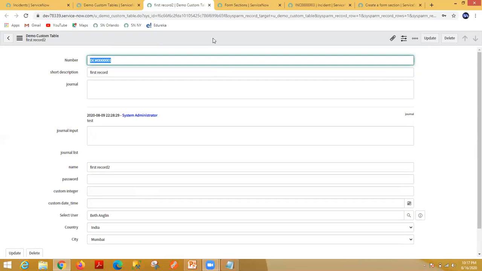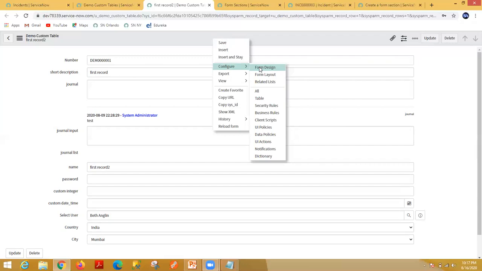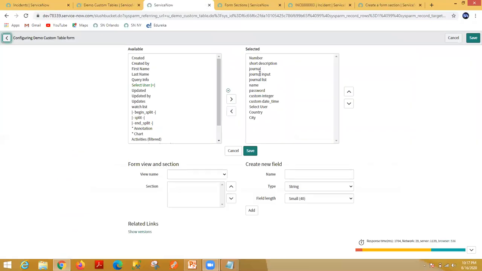What you have to do is right click on the form header and choose configure. There are two ways, one is via form design, one is via form layout. Let's first create with the help of form layout. Currently the default view is selected, and under the default view there is one section called demo custom table.